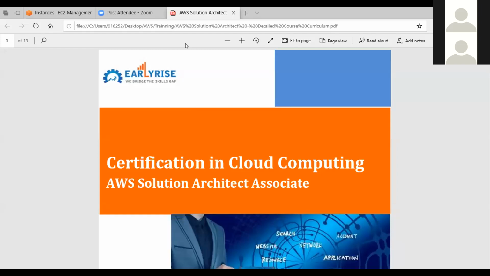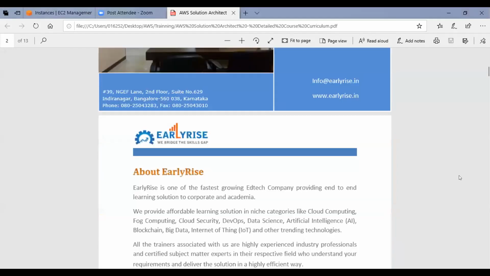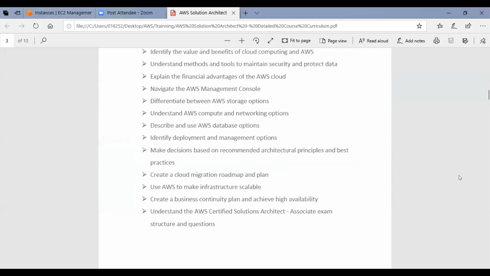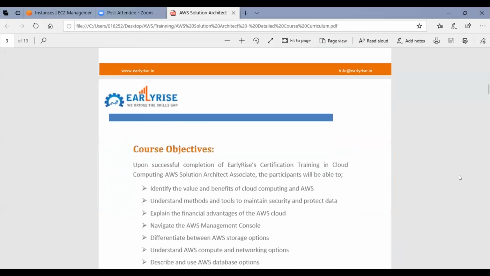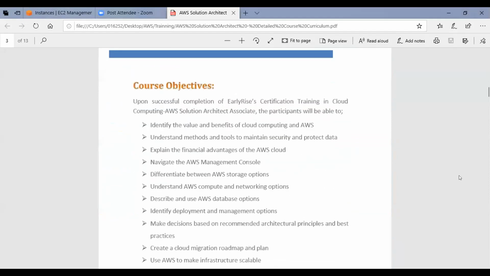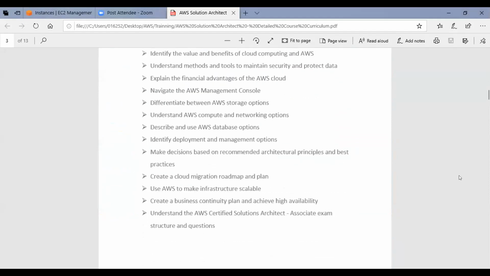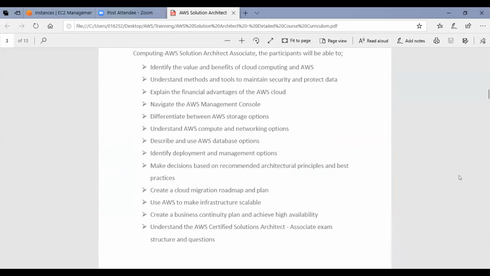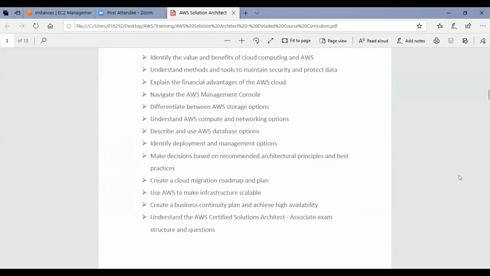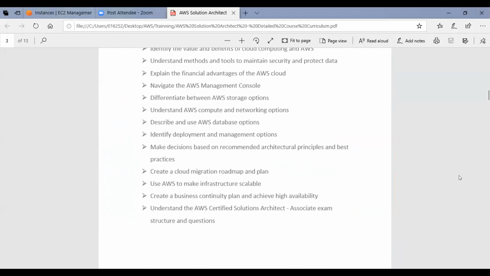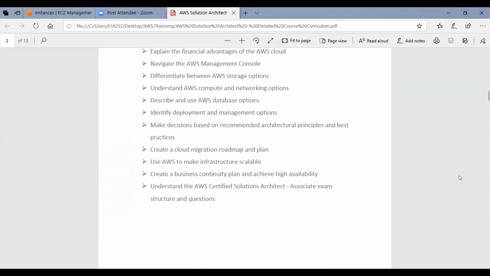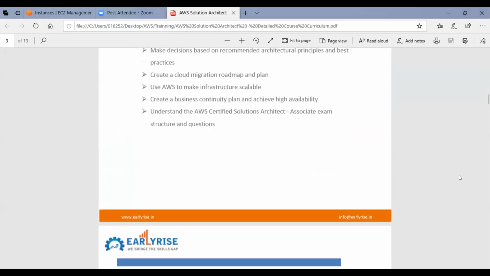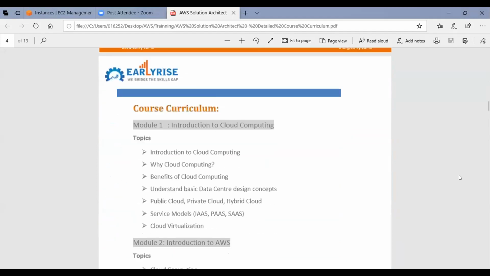Okay, right. So today, let's understand what we touched from the course content. Our objective is to identify these high level things. I believe we are all able to navigate the management console to the fullest extent. We did go through the storage option. We did go about the compute, and we will talk about database options and all those things, from a course curriculum perspective.